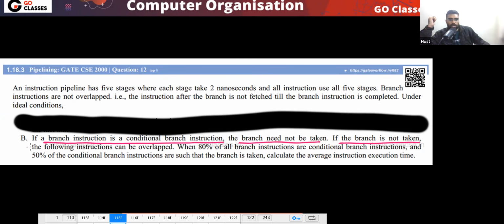If a branch is not taken, the following instruction can be fetched and overlapped. When 80% of all branch instructions are conditional branch instructions and 50% of